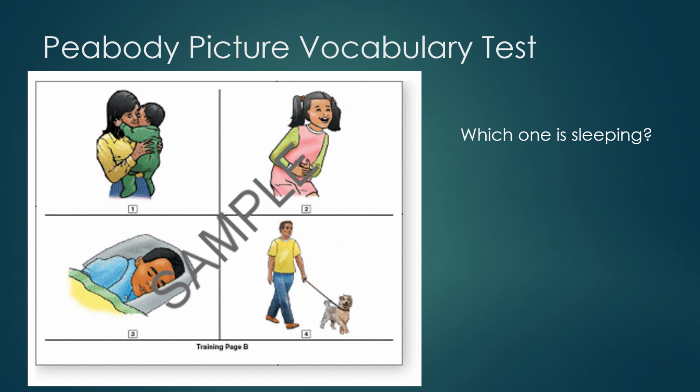So on this page, I would say, "Which one is sleeping?" And the child has to point. Like the previous test, the number of correct answers is compared to what is considered normal for the age of the child or adult. This does not really tell you anything about why the child might be at, above, or